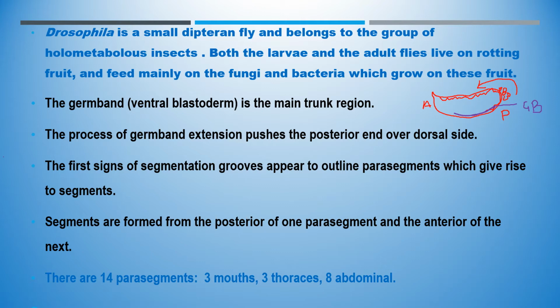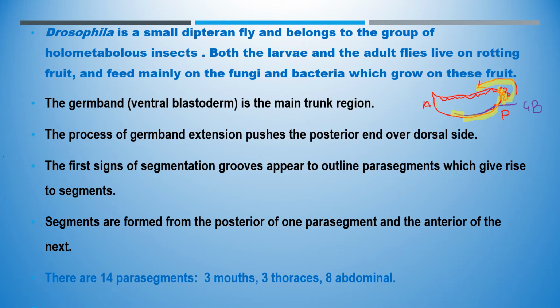Here you can understand by this diagram, this is the embryo egg of the Drosophila, and at the posterior side there are a few cells. They migrate towards the anterior side, as a result of which this egg or embryo is curved. And here a germ band is formed, that is the somewhat demarcated germ band, and this is the main reason for the development of the Drosophila into the adult form. So it starts from the posterior side.